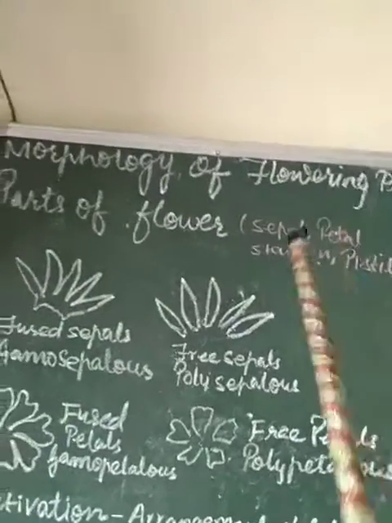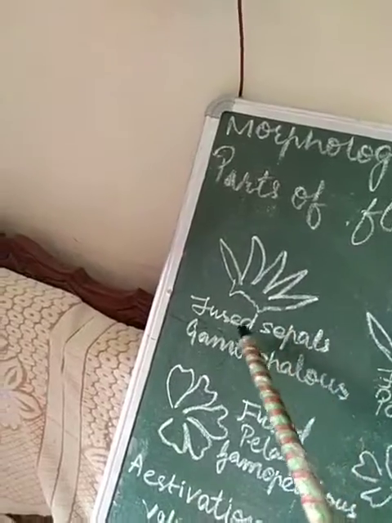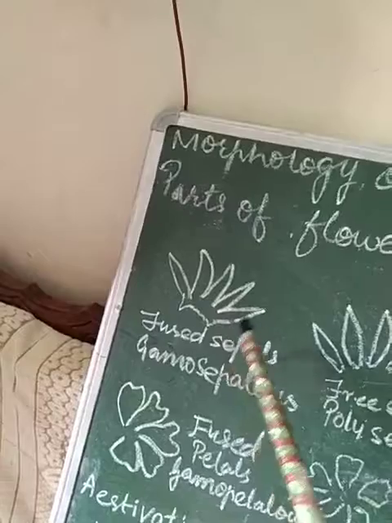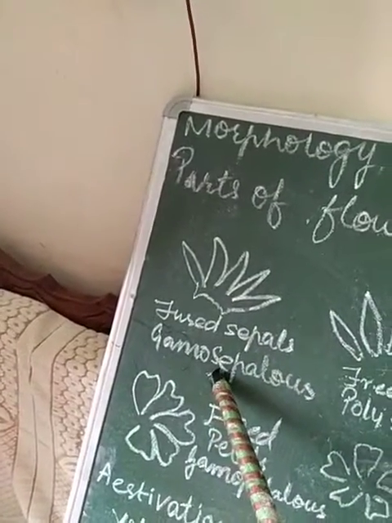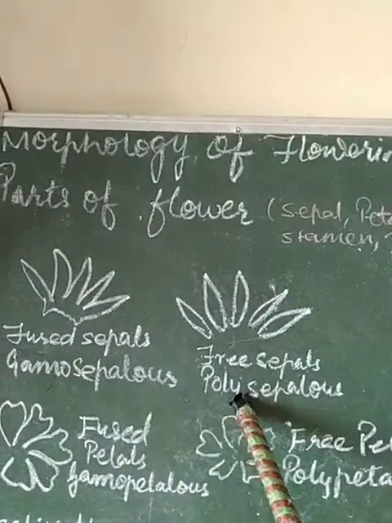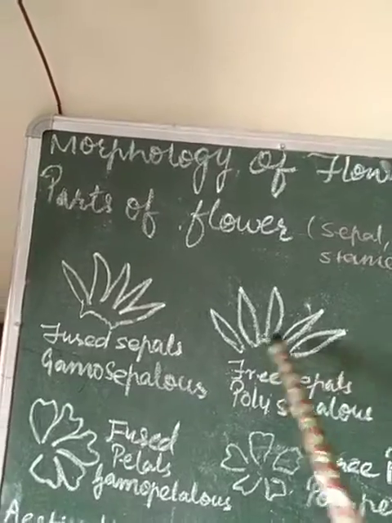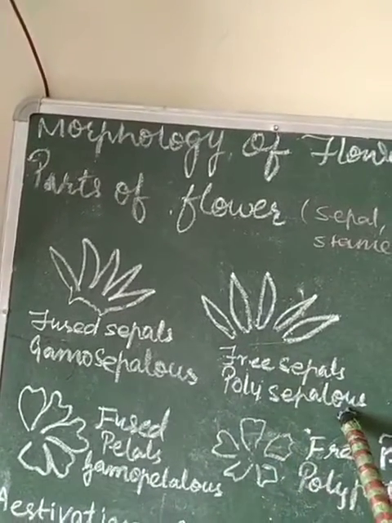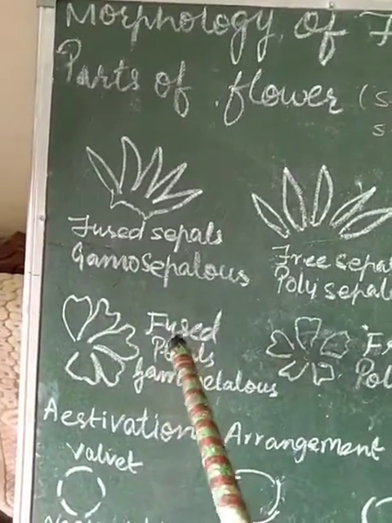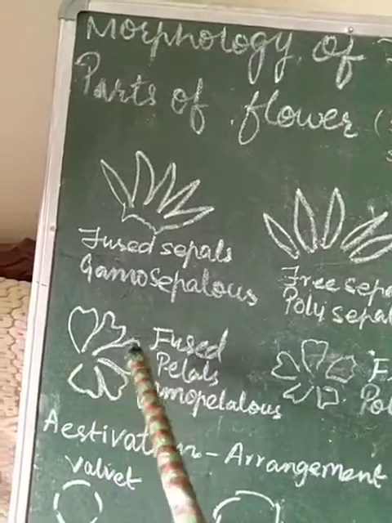Now, when we discuss sepals, if the sepals are fused, then we say the sepals are gamosepalous. And if the sepals of the flower are free, not fused with each other, then we say it is polysepalous. Similarly, if the petals are fused with one another, attached with one another,